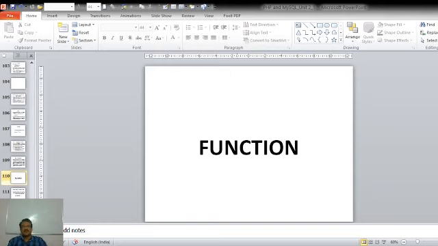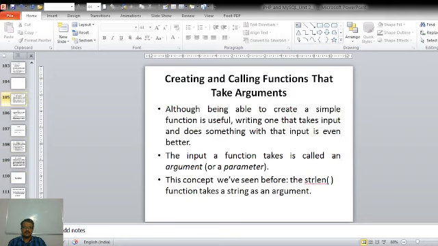Okay. So now let us see the next part of our function, that is creating and calling a function that takes an argument. Although being able to create a simple function is useful in certain cases, writing ones that take input and do something with that input is even better.